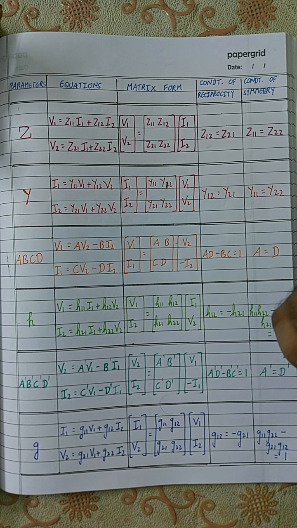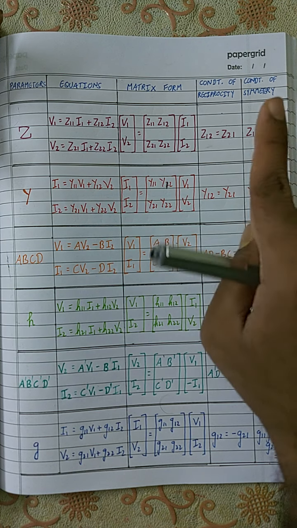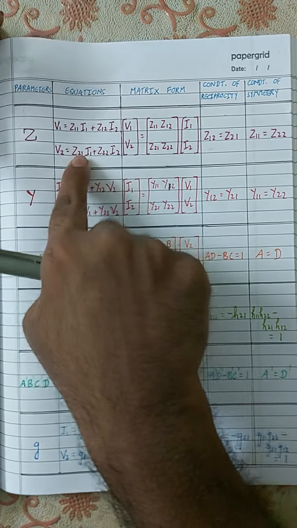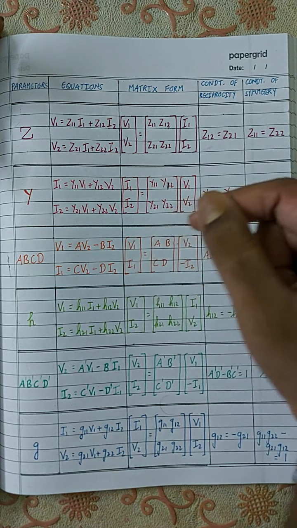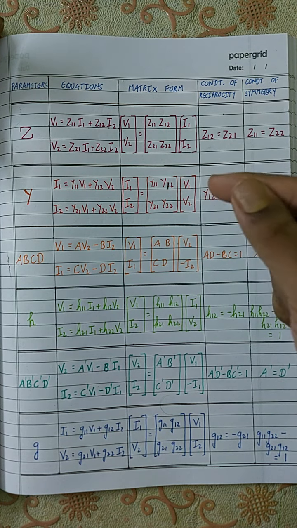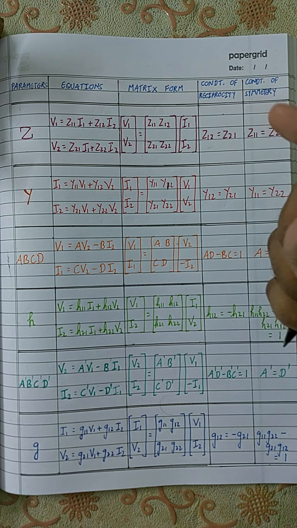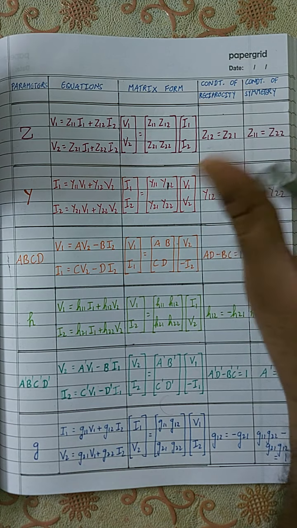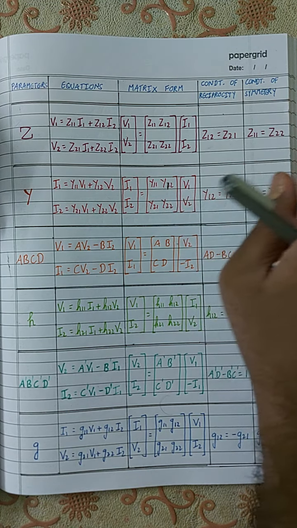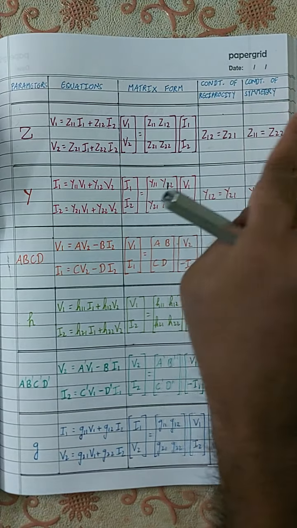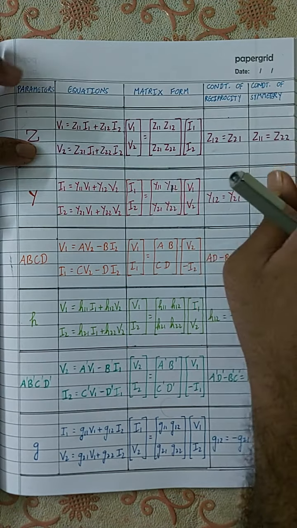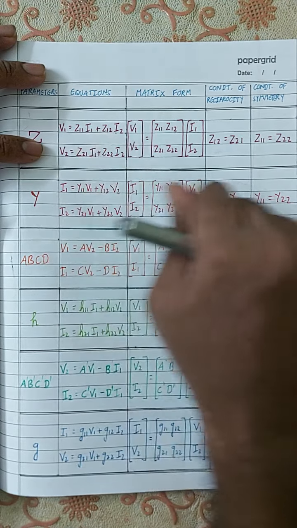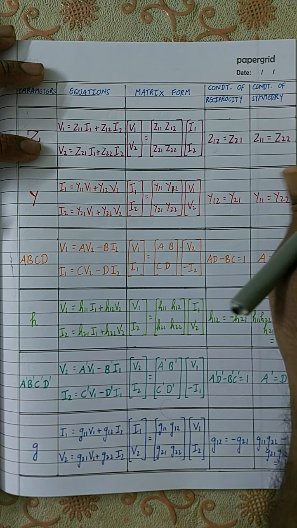One way is that you can try to express the given circuit in terms of the parameter equations. That technique is actually a very good technique: expressing the circuit. They'll give you a circuit and ask you to find the different parameters. Suppose they ask you to find Z parameters. If you are able to express the equations in that circuit in terms of V1, I1 and I2, then you have found the value of Z11 and Z12 by simply comparing the equations.